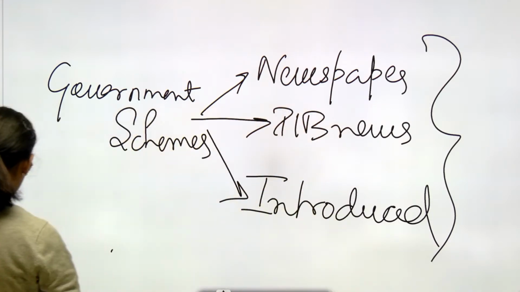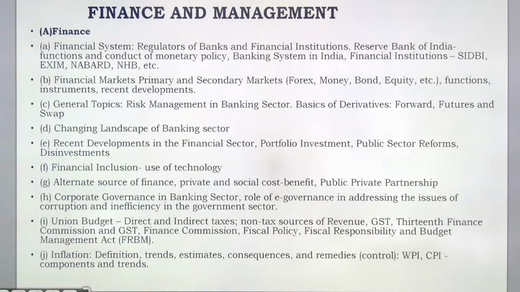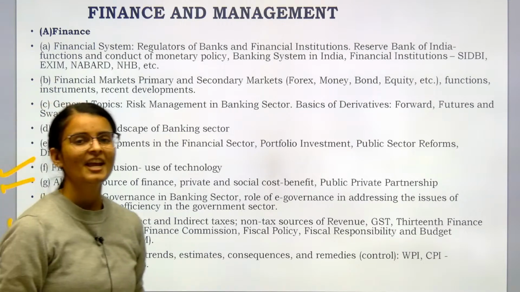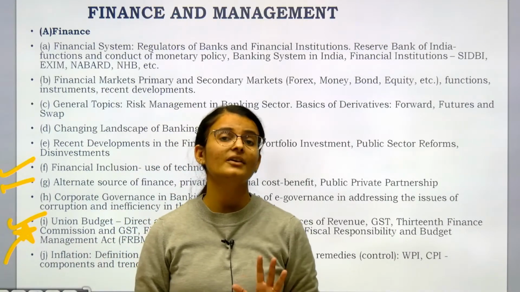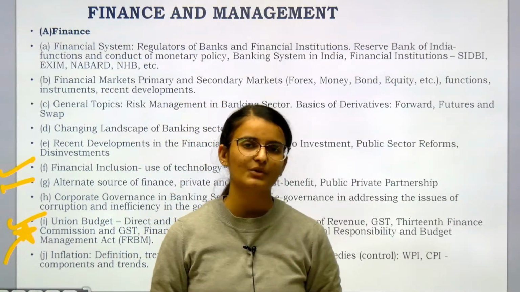Okay, now let's move on to the finance. Financial inclusion, we have already done this. Union budget, very important. One question is always there. See, from the Union Budget in 2023 they asked a question on PVTG, particularly vulnerable tribal group, and there were 4 questions. Okay.